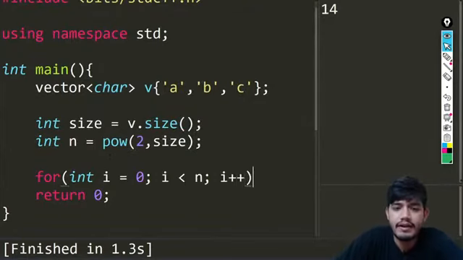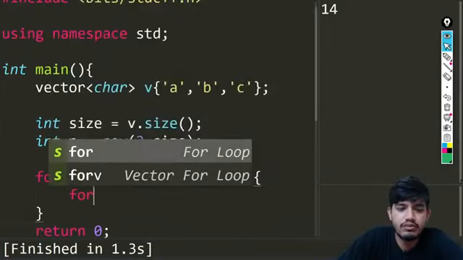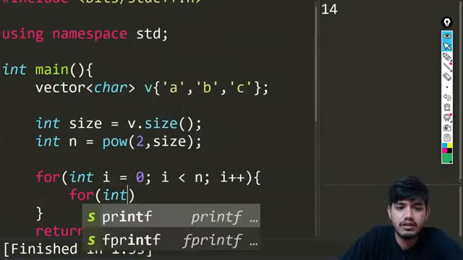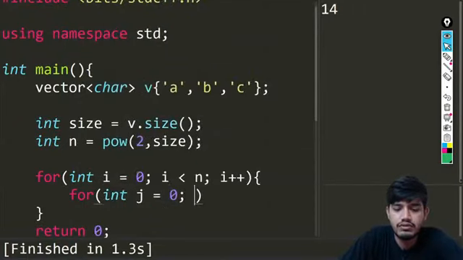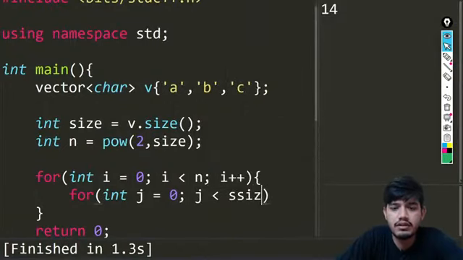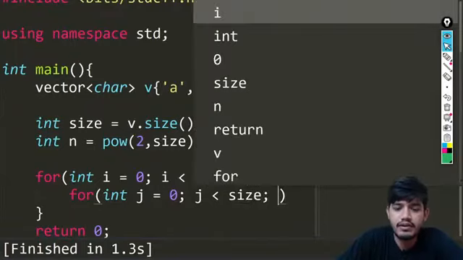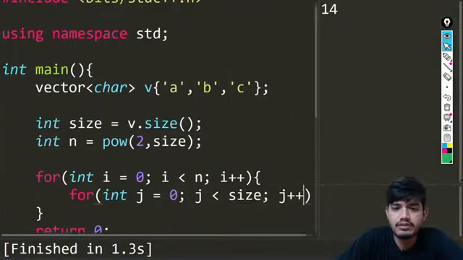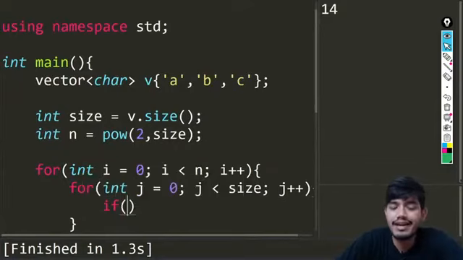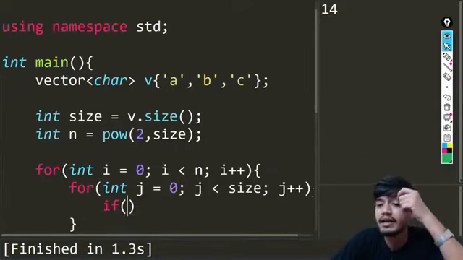Then we'll have the same thing, starting from int j equals 0, and j less than the size. This one will go up to size, with j plus plus. Now I am going to check the jth bit in my i.